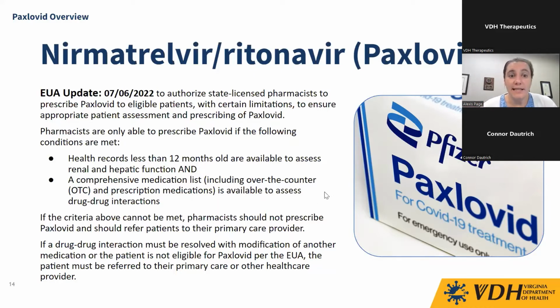What HHS has said is that no matter how the pharmacist gets these records, as long as they're no older than 12 months, a pharmacist can use those records for evaluation. So the patient can bring in their own records. They can either be on paper, or on their EHR on their phone. The pharmacist can call the primary care doctor and get those labs. For whatever reason, the patient could go to a lab, get their labs drawn, and bring them back to the pharmacy. However it happens, the pharmacist must assess renal and hepatic function prior to prescribing